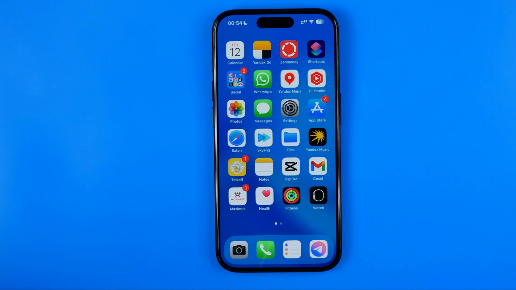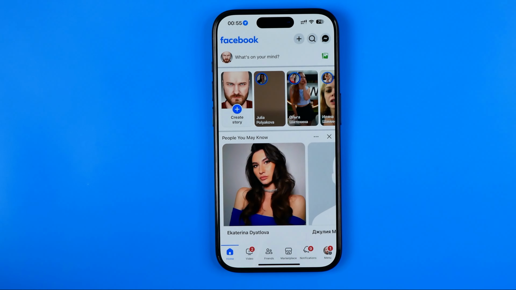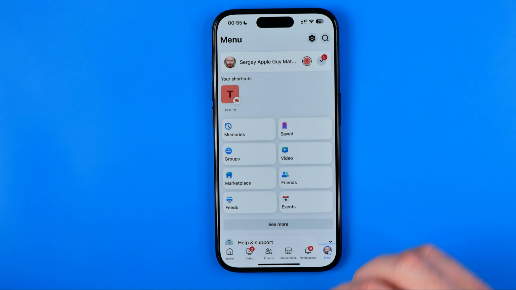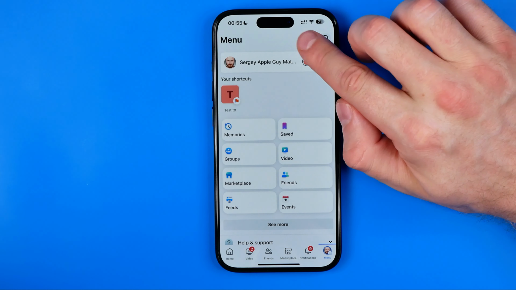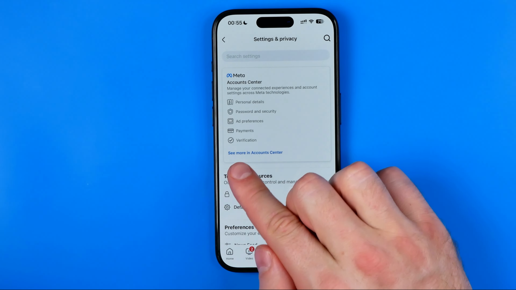Let's get started, guys, and first off, we need to open up the Facebook app. Once it is done, tap right here to go to menu. Then tap at that gear to head over to the settings and privacy, and after that we need to tap